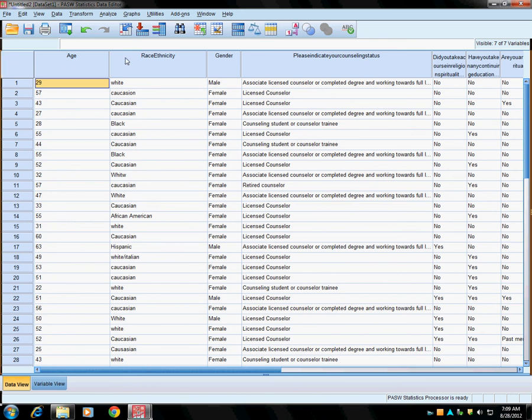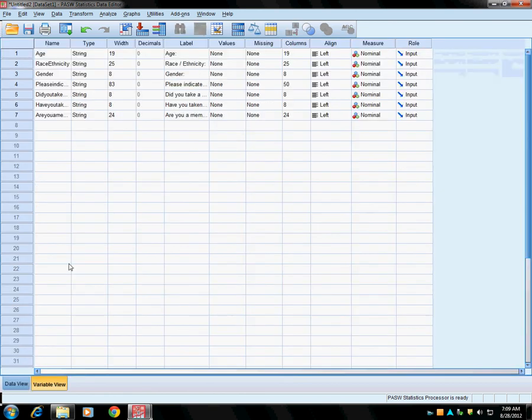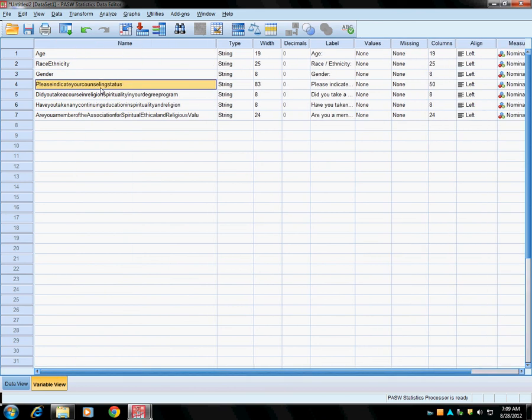Depending on how well it imports, your columns may also have very odd titles. So we're going to go to variable view, and we're actually going to change some of these titles around to ones that are a little easier for us. Like this one, the long title is, please indicate your counseling status. That's way too long. So we're going to do counseling status. Now, I will tell you, I've already,